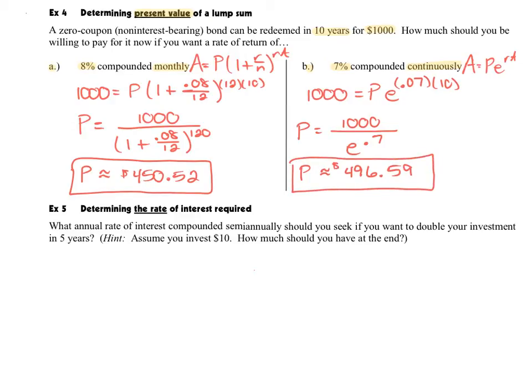So again, we get to this e value here by doing our second shift on our natural log. We've got our exponent, and I would just do the 1,000 divided by that answer. Now, on our next problem